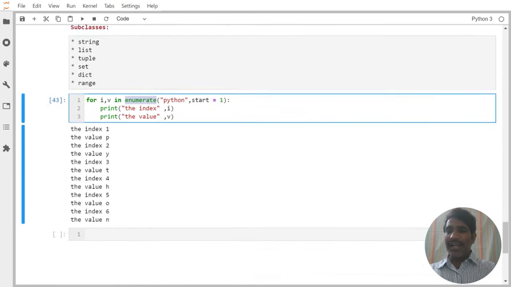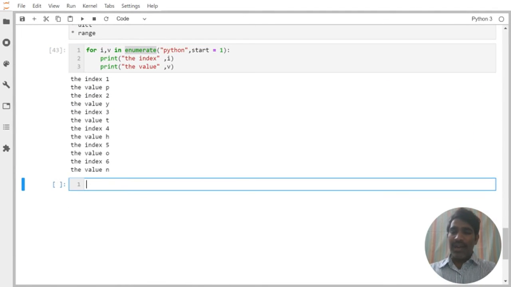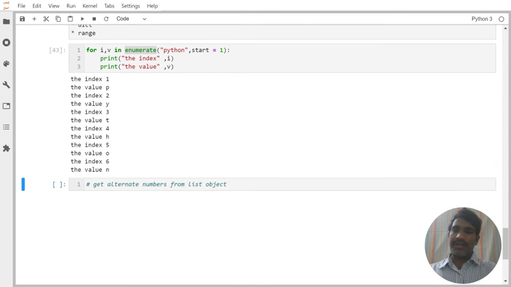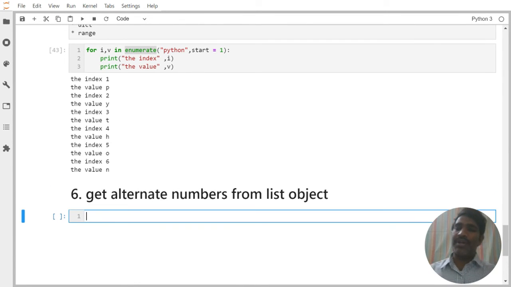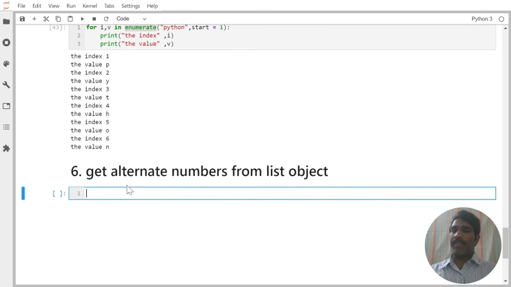Now, if you really understand the enumerate function, I want to get alternate numbers from a list object.